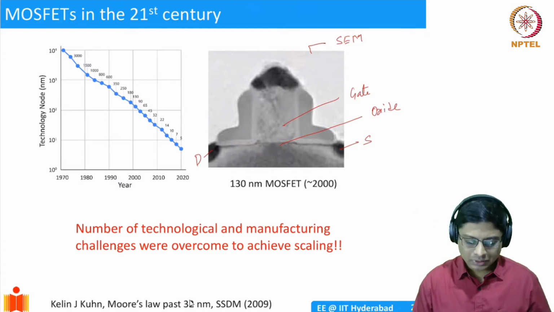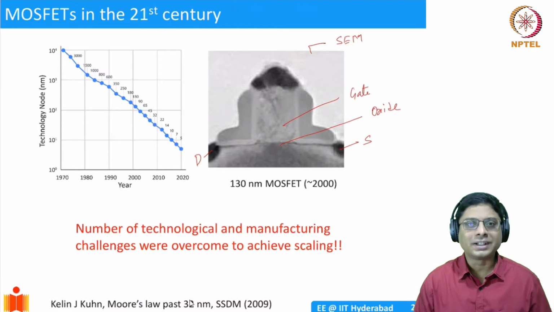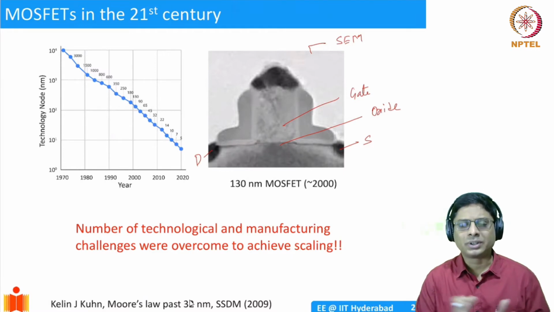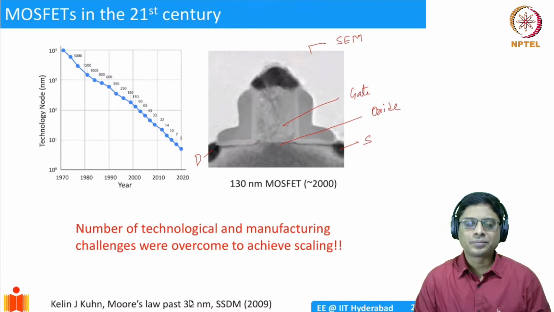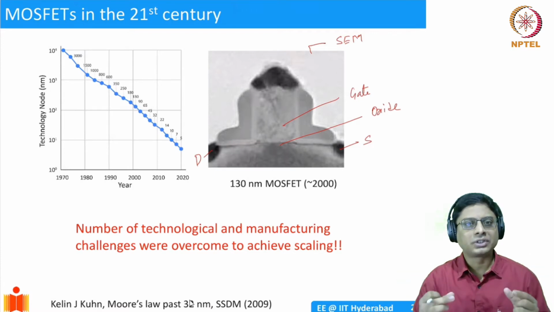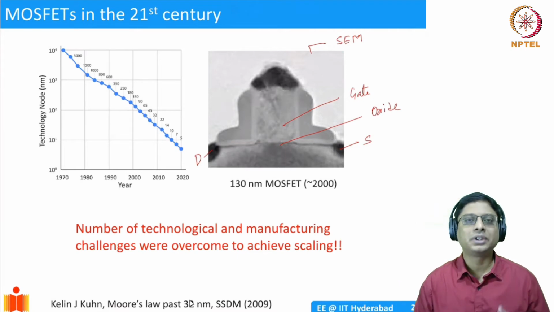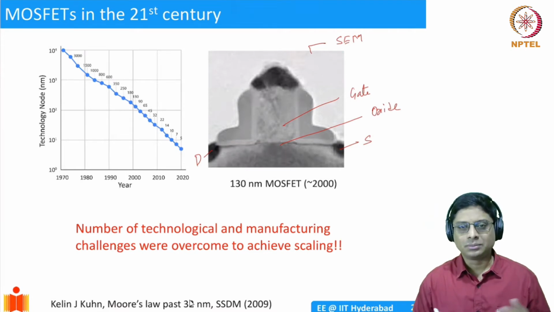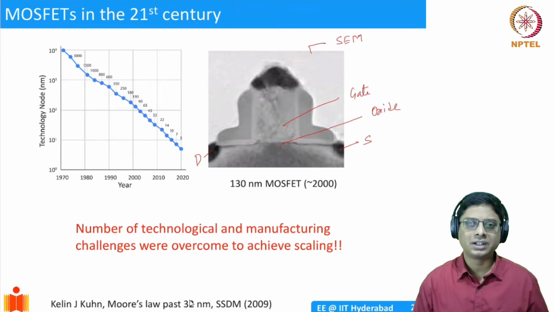Okay, so this was 130 nanometers, and this is 2000, right, at the turn of the century. And scientists were already realizing that the reason we were scaling oxide and scaling the transistor was to improve the drive currents. Okay, and of course pack in more transistors. But then at the turn of the century, scientists already realized that it was running into some problems because we could not scale the supply voltages, and mobilities were also getting affected. So they wanted to improve the drive currents, that is the on current, right?